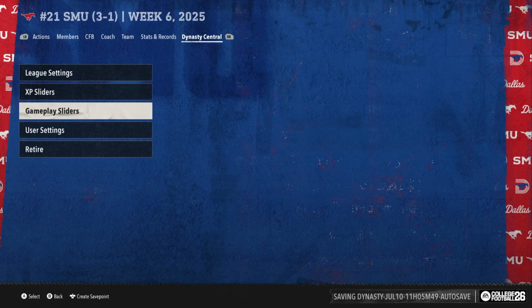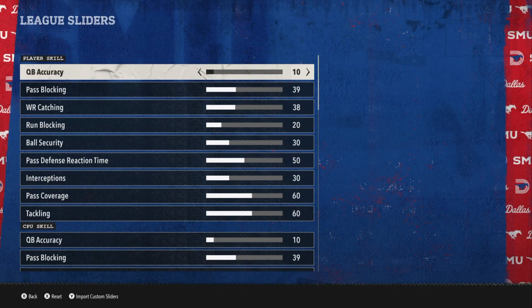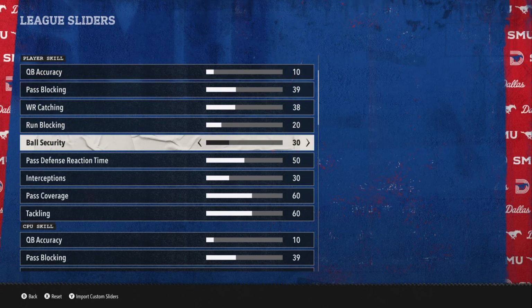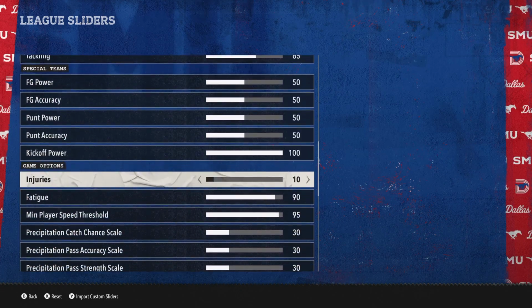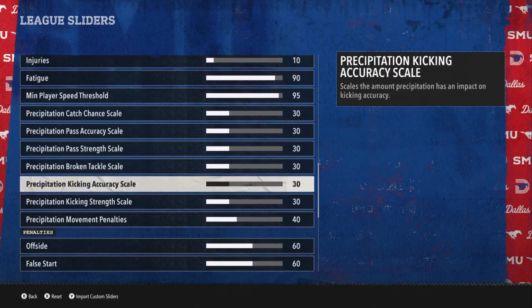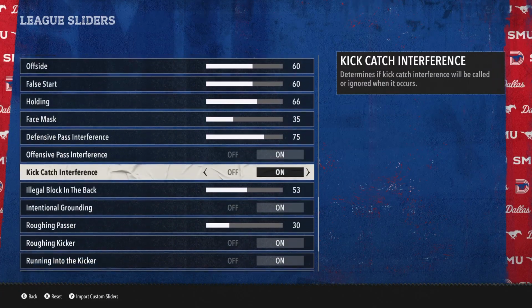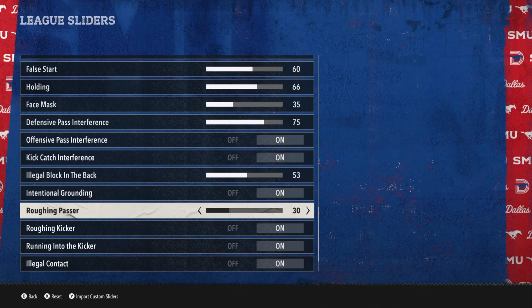So right now we'll go into the actual gameplay sliders. And before we even get started on any of these, because you might look at especially the pass blocking slider and be like, whoa, that's way too low, I'm seeing way too many sacks as is, it's important that this slider gets recognized first. Over